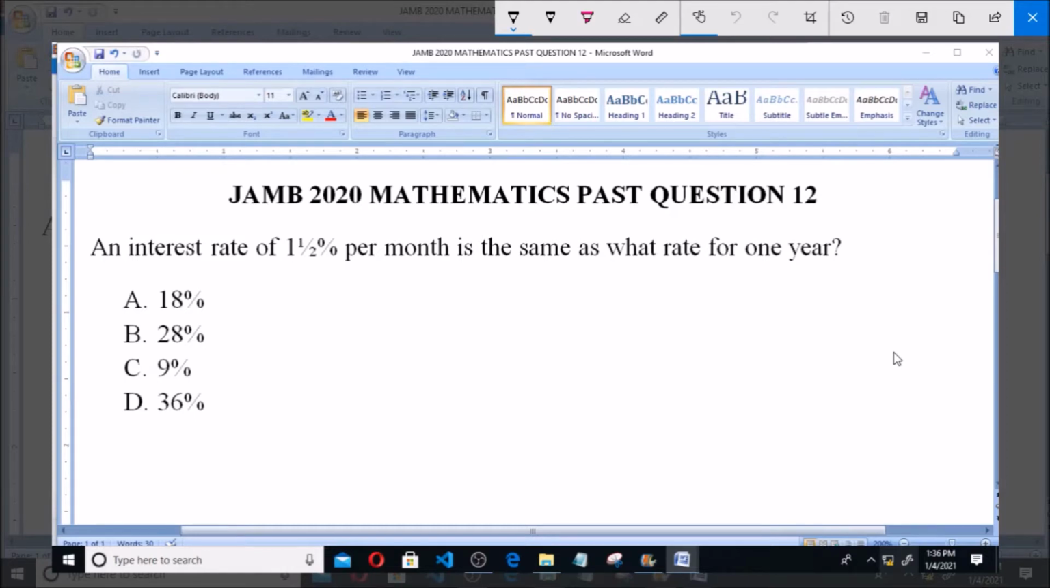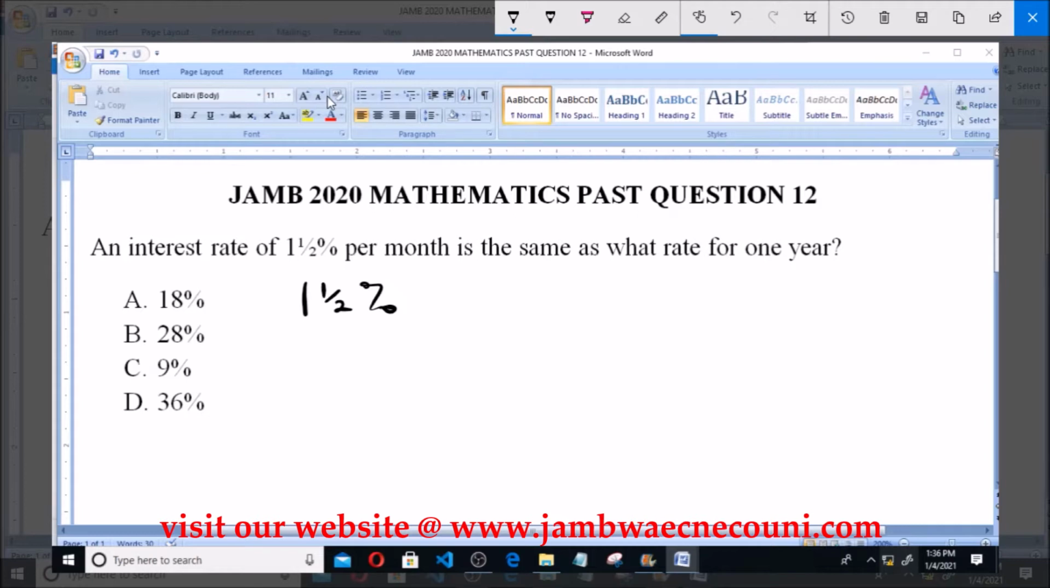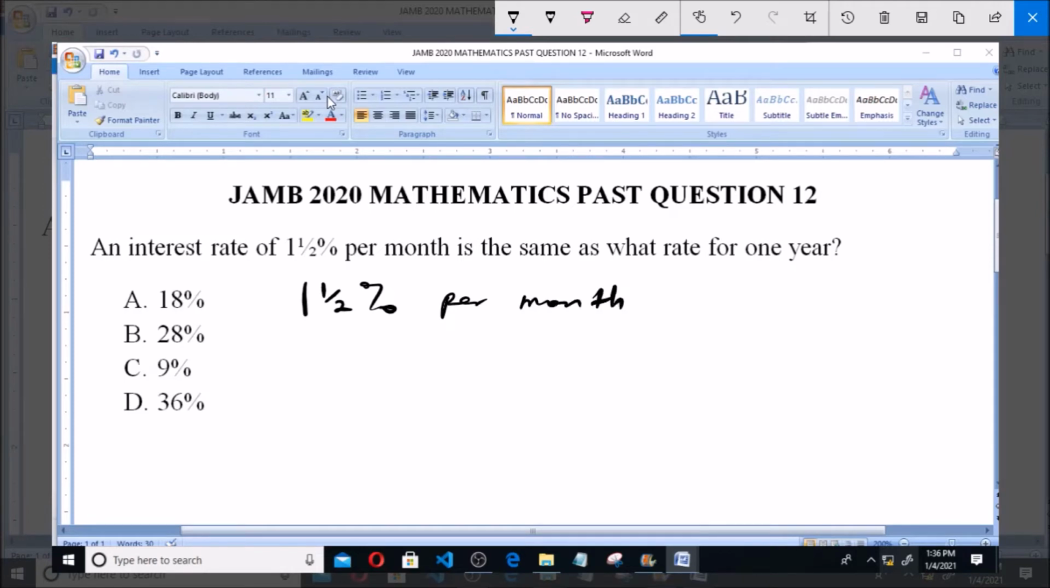An interest rate of 1.5% per month is the same as what rate for 1 year? Now, we have an interest rate of 1.5% per month. Now we are asked to find the same rate for 1 year. Now in 1 year